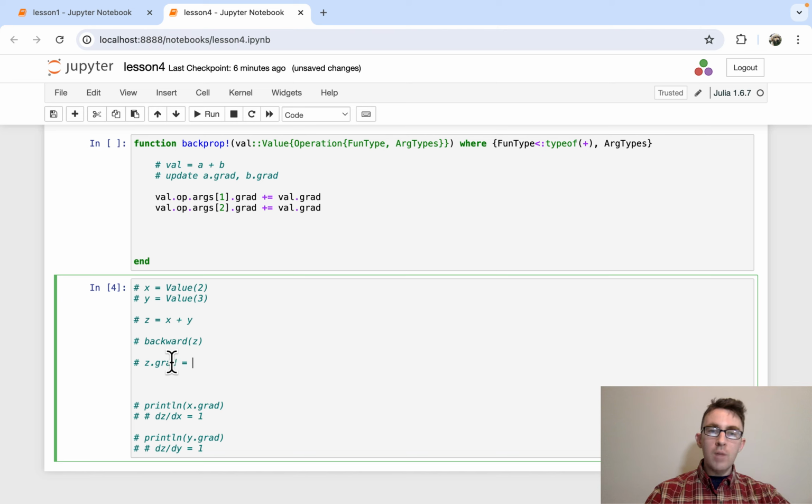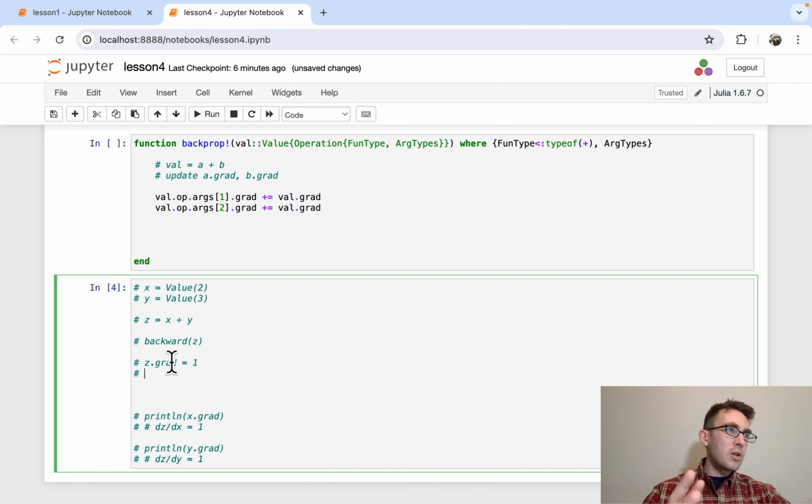That gradient will automatically be set to 1, because the gradient of any variable with respect to itself is always 1. So we're going to set this in our backward function. That's just saying dz